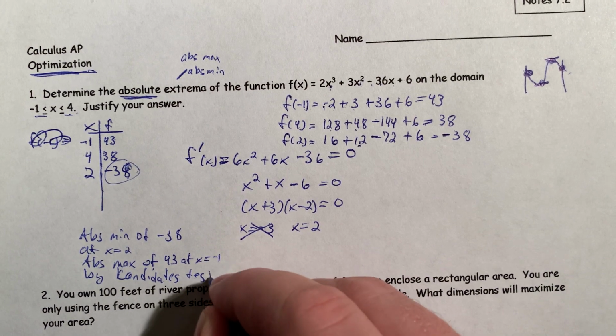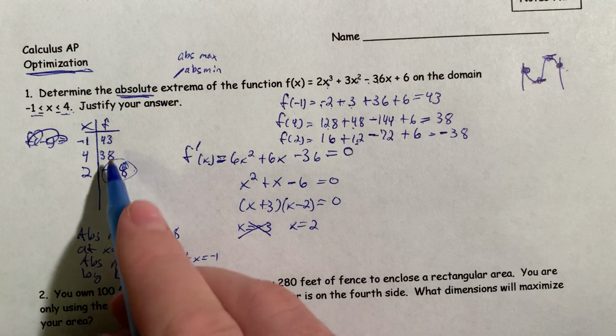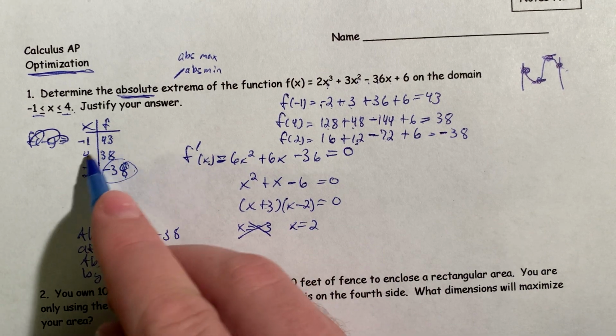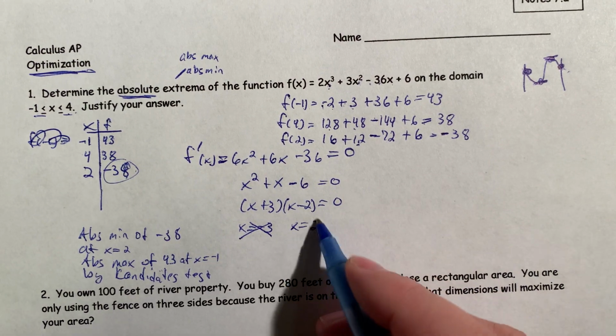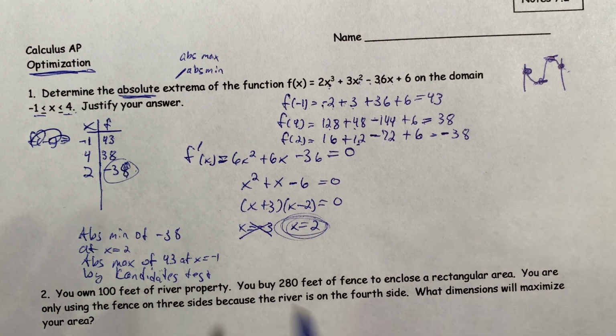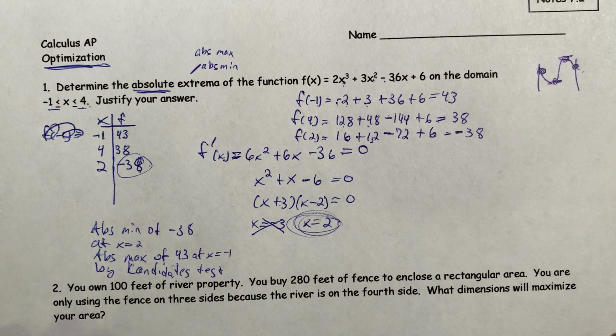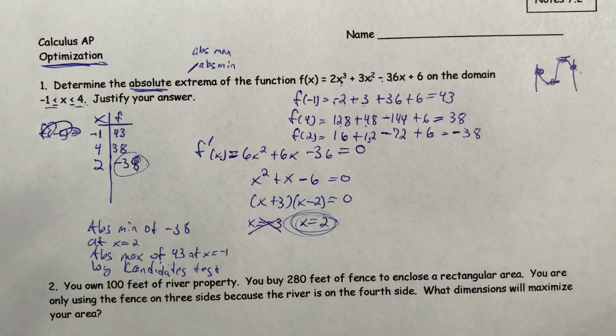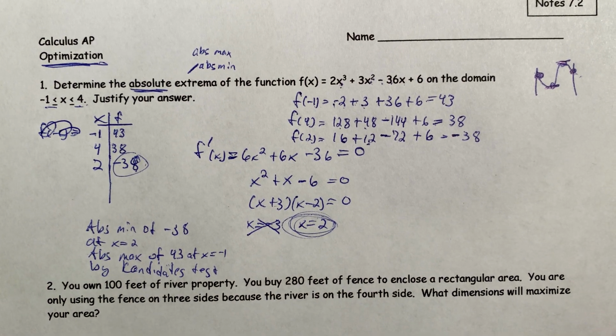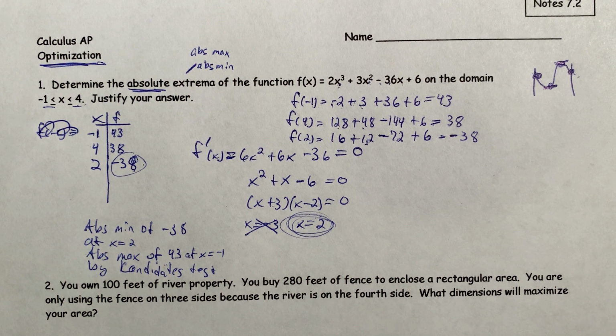That's our justification. And to actually have justified it, you needed to show that you found the values at these 3 points and that you found the critical value somewhere. You needed to show that you found that the derivative was equal to 0 somewhere. So we are going to take this idea of finding absolute maximums and minimums and apply it to real world